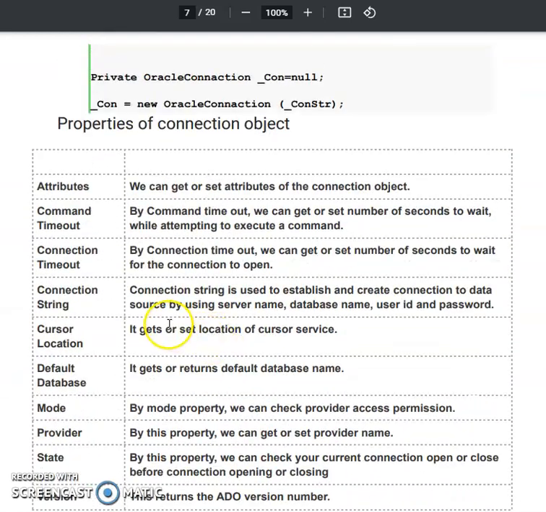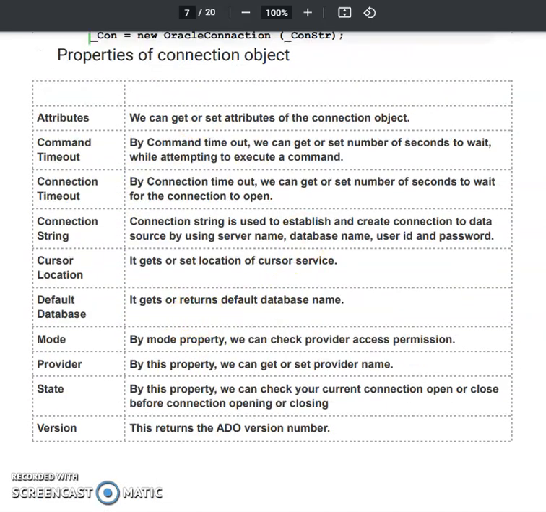Now which are the properties of the connection object? Connection object properties are given over here. Let's see them one by one. First property, Attributes. It's used to get or set the attributes of the connection object. Then CommandTimeout and ConnectionTimeout. It specifies the timeout, that is the number of seconds that we have to wait for execution of this command, and same for the connection timeout, how much time we can wait for the connection to open.